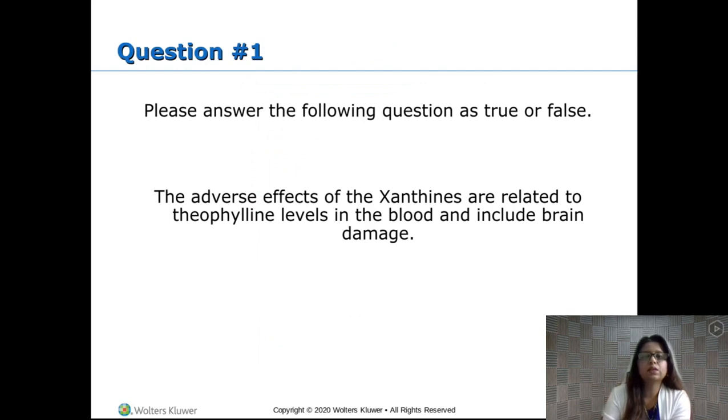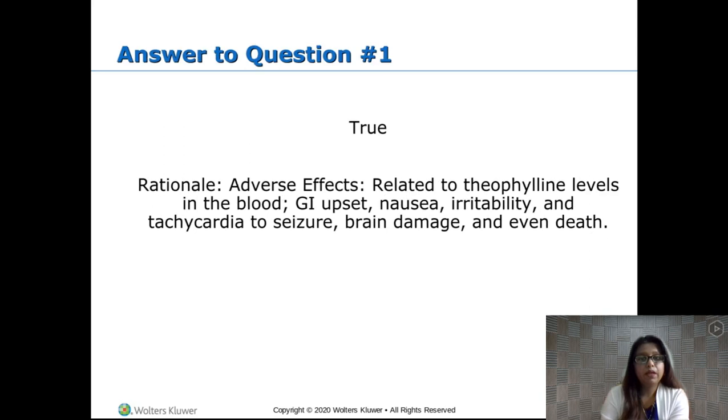Okay, let's look at this question. The adverse effects of xanthines are related to theophylline levels in the blood and include brain damage. Yes, it is related to theophylline. High blood levels could cause theophylline toxicity. Technically, that's what they're asking you. And GI upset, nausea, irritability, tachycardia, seizure, brain damage, and even death could be other parts of this theophylline